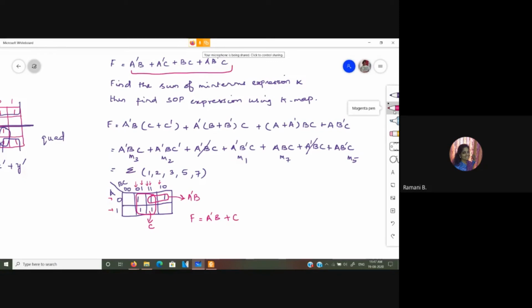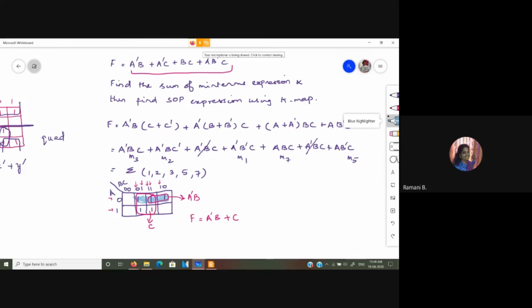Okay. So this is how we do the K-map for minimization. So with 2 variables, 3 variables, it is very simple. However, sometimes you tend to make a mistake, like you tend to make a group with these 3 ones. Generally, people used to make this mistake. You tend to do it as grouping these 3 ones.